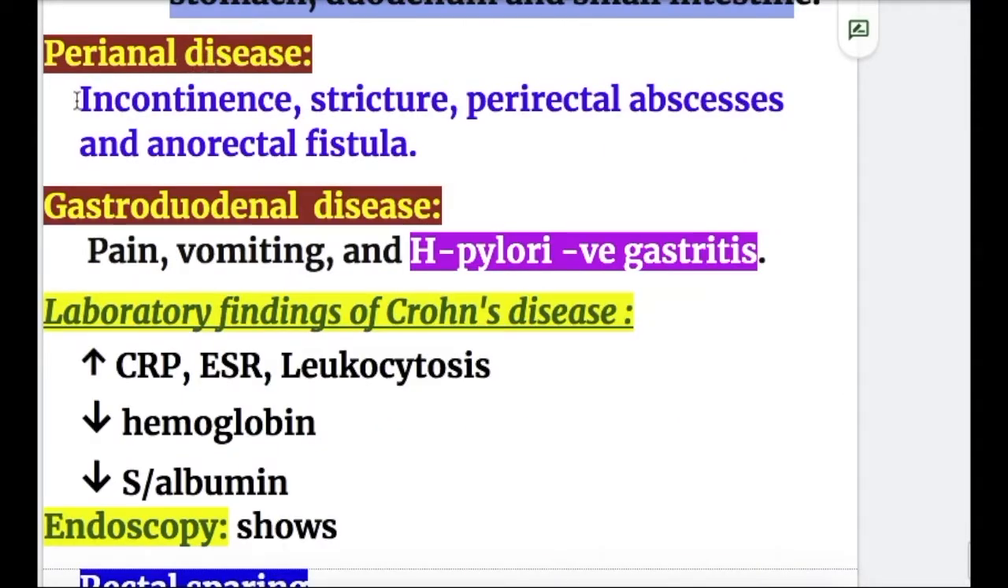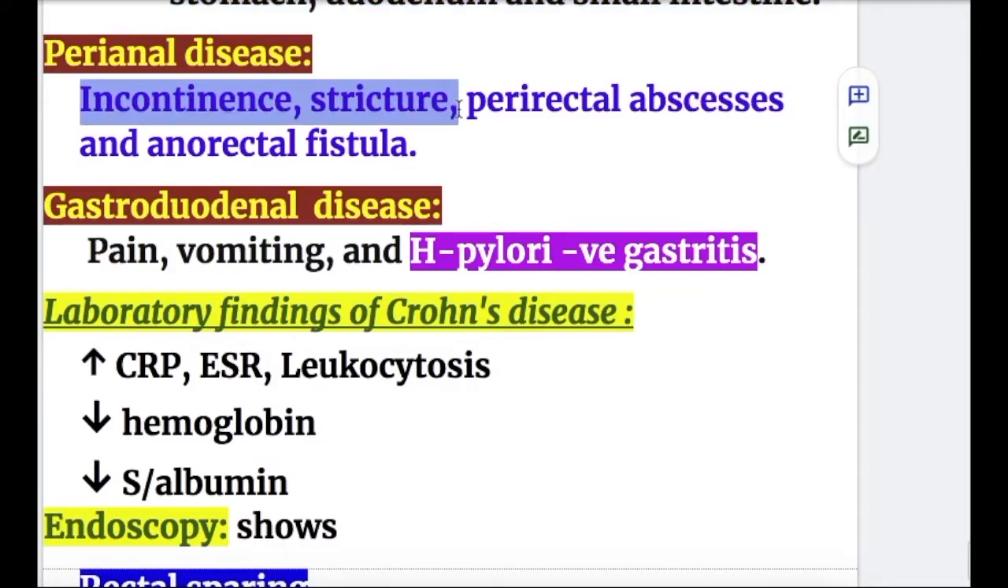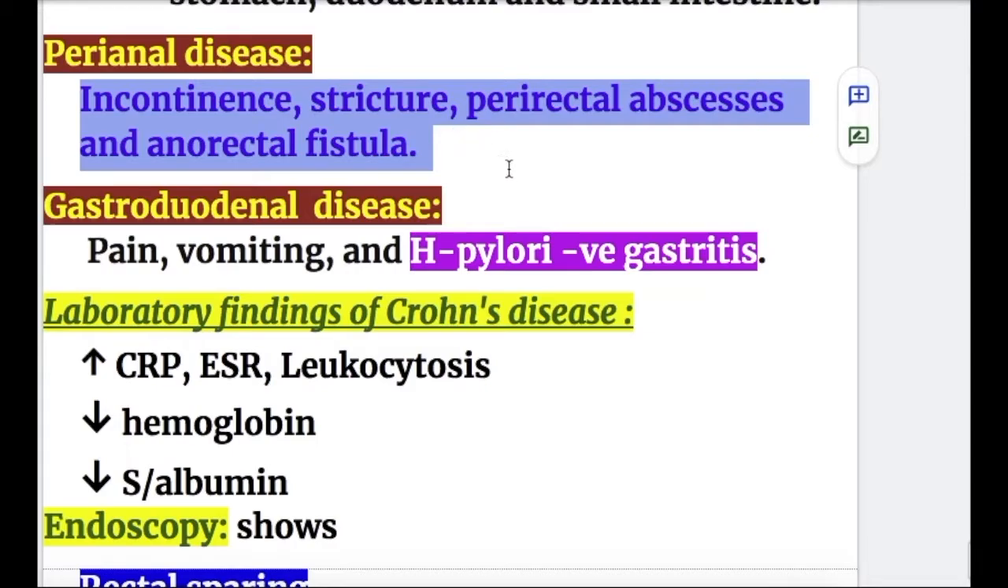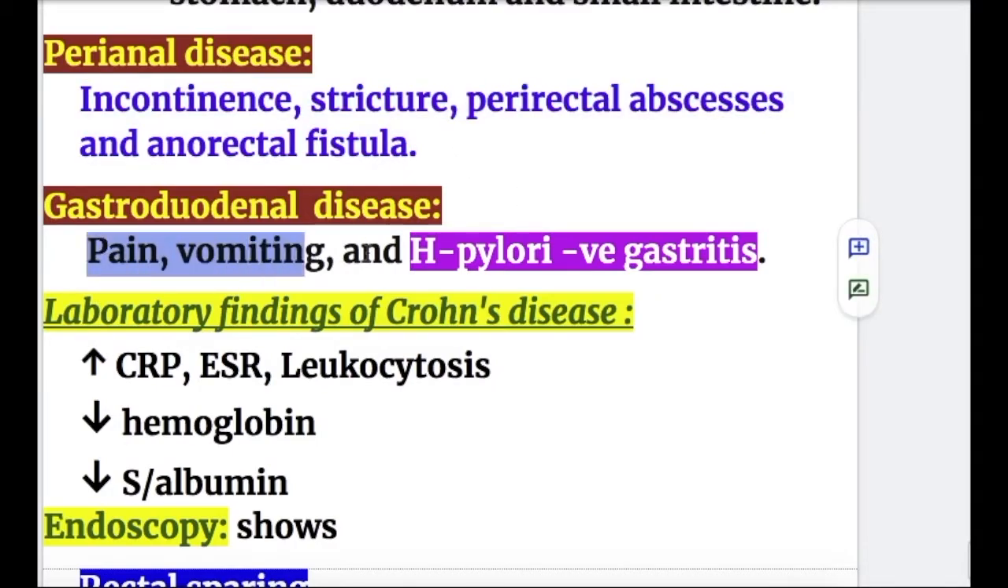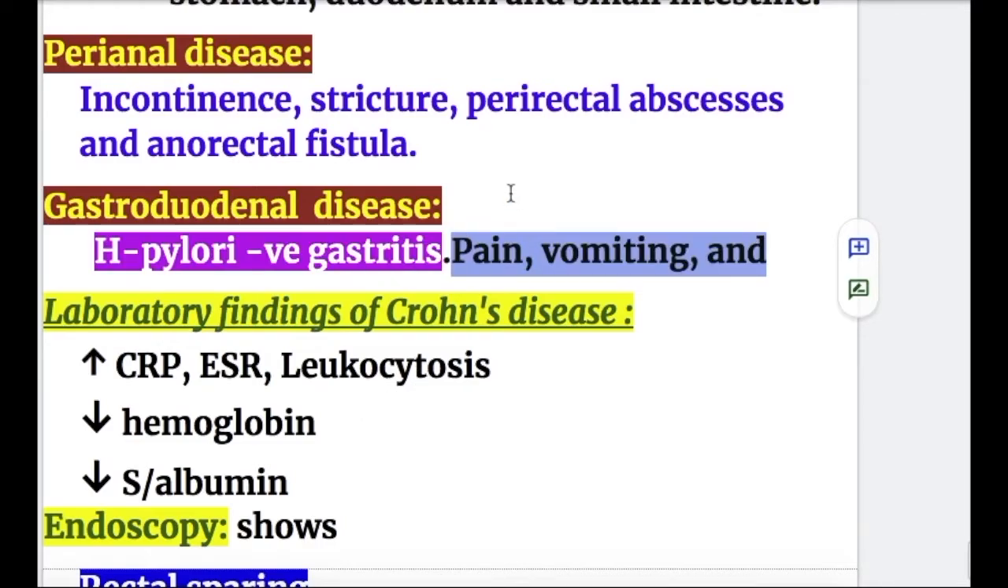Now, perianal disease clinical features are incontinence, stricture, perianal abscesses, and anorectal fistula. The lesion in the gastroduodenal area will cause pain, vomiting, and H. pylori negative gastritis. And also I told you about B12 deficiency because intrinsic factor will be